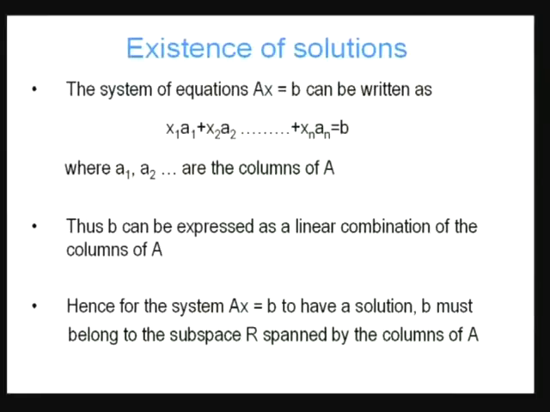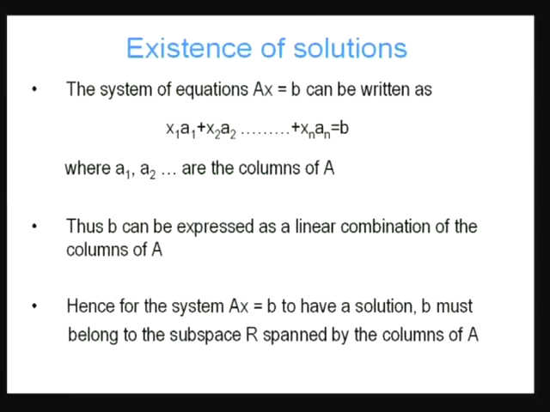The system of equations Ax is equal to b can be written as x1 a1 plus x2 a2 through xn an equal to b. Basically, we are taking the columns of A and scaling each one by x1 through xn, scaling the first column with x1, the second with x2, and so forth, and the last column an by xn, and setting that equal to b. This is just another way of writing the system Ax equal to b. But this way of writing makes clear that b is actually a linear combination of the columns of A,